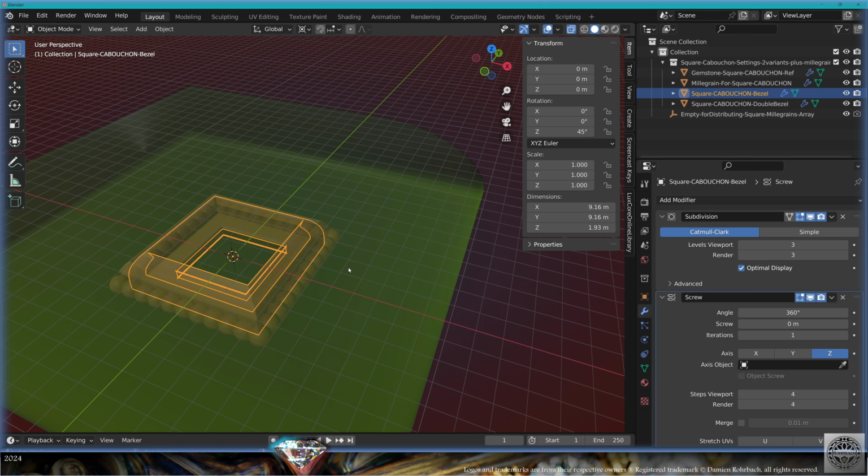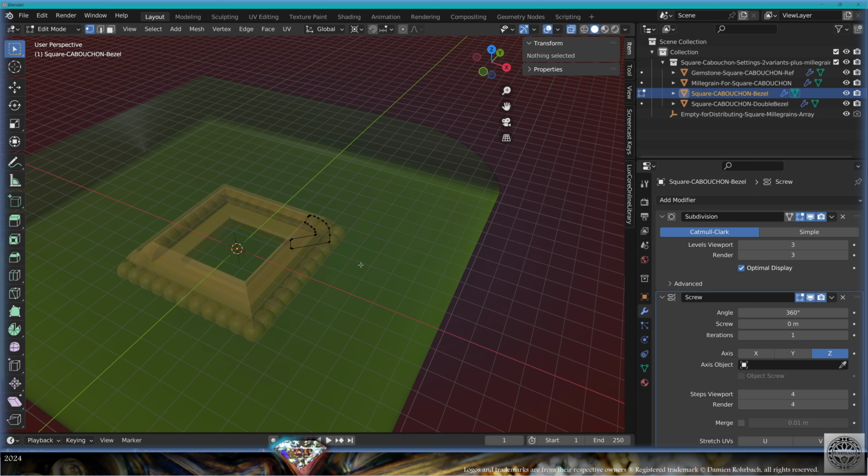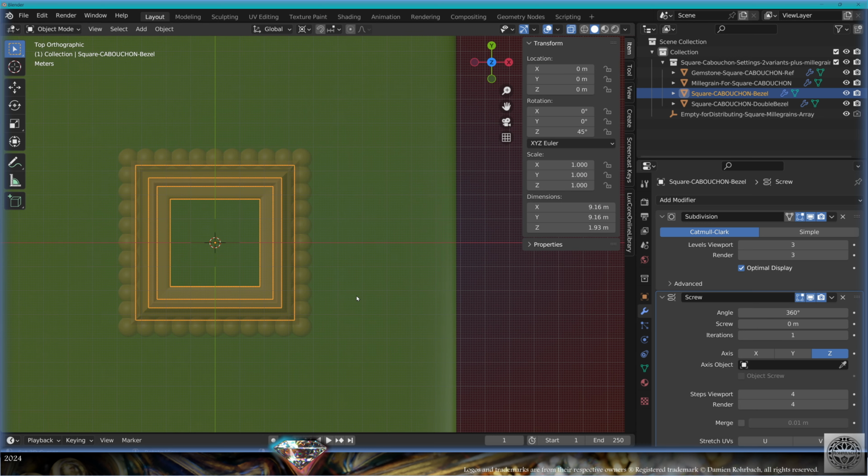Now select the bezel and go to edit mode. Here we don't have a curve making the bezel. The bezel is directly the solidified vertices. So if you want to edit this bezel, same, select the bezel, out of edit mode, do a Shift S,